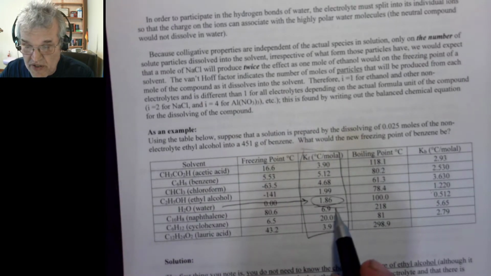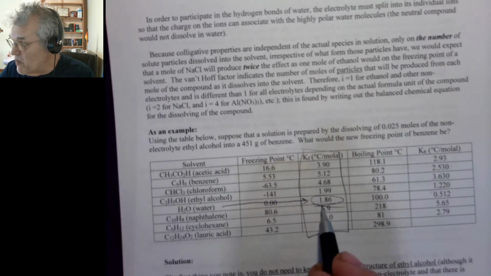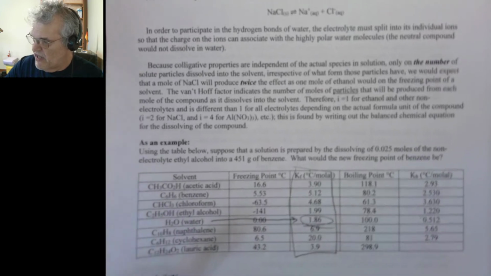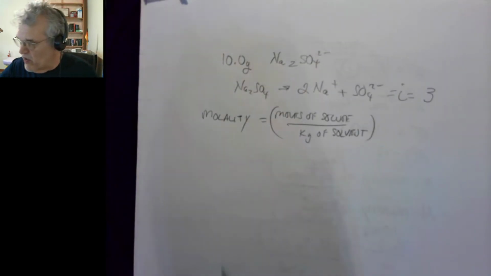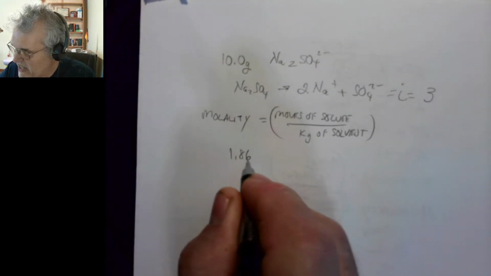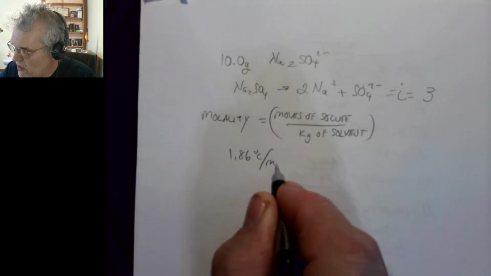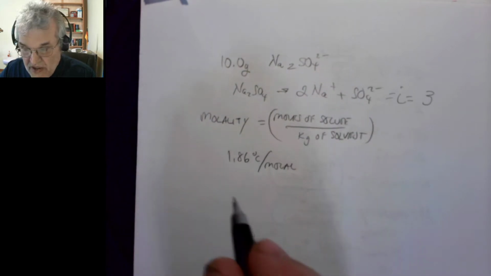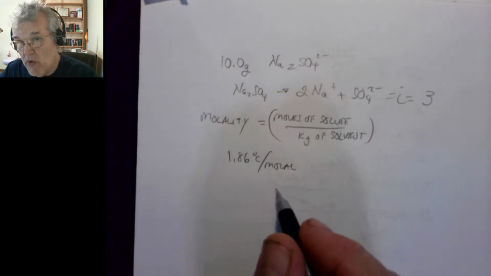In this case, water is the solvent. We know it's going to be 1.86 degrees Celsius per mole. So we have to put the units on everything to make sure it works out. So we've got 1.86 degrees Celsius per mole, like that. All right. So first thing we need to do is figure out how many moles of sodium sulfate